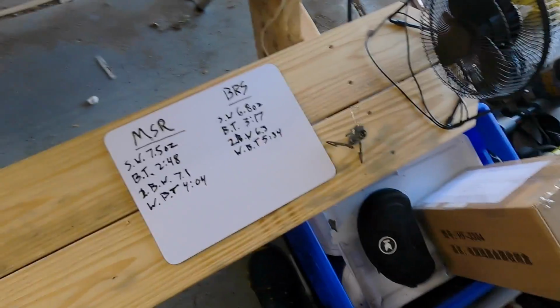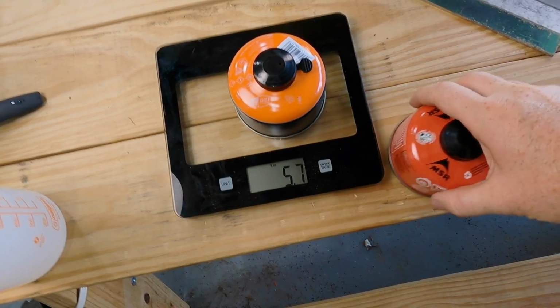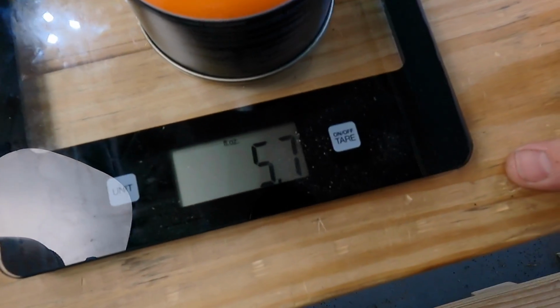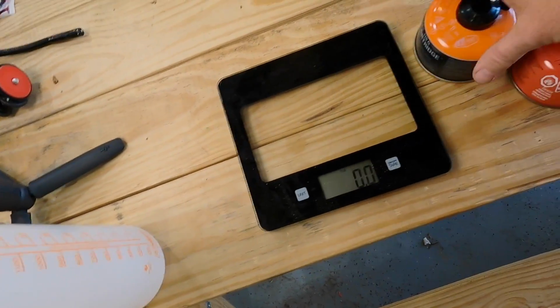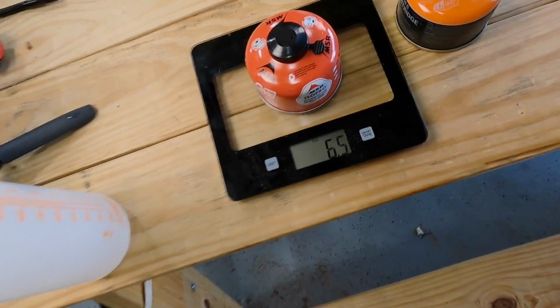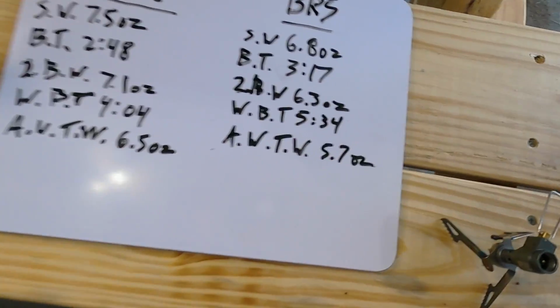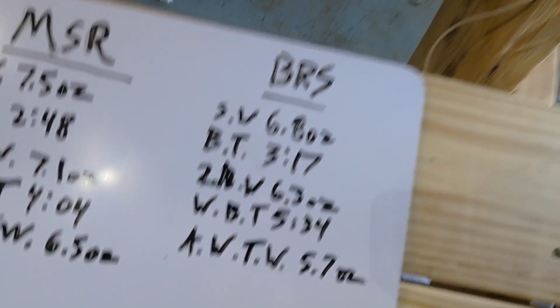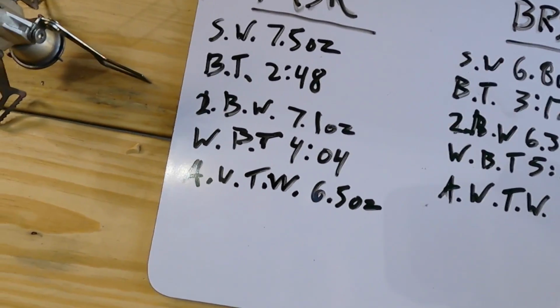That's significant right there. Okay, so after the wind test, let's see what the weight difference is. I mean, it's going to be significant here, but let's just find out the weight loss, if you will. Okay, 5.7 on our BRS. Then if we do this guy, 6.5. So that would be 0.6 ounces the BRS lost in between, and the